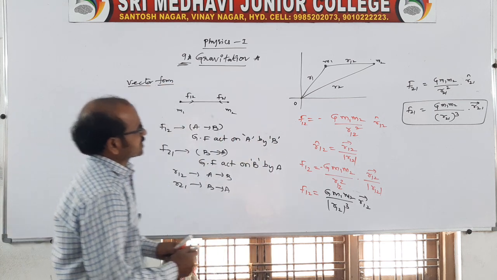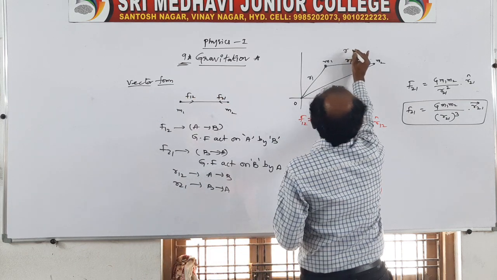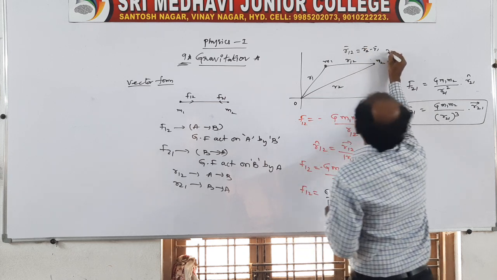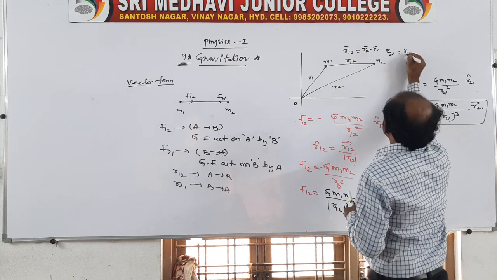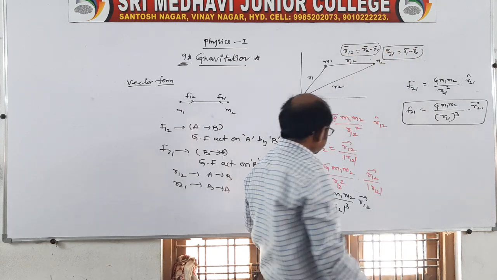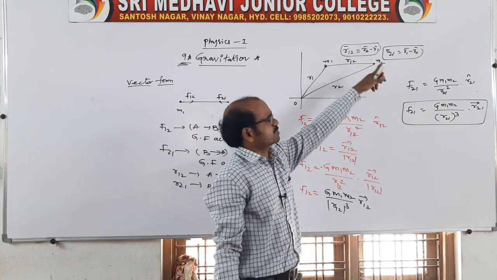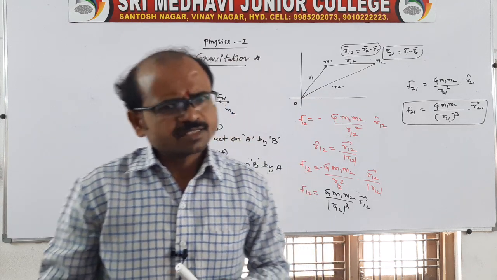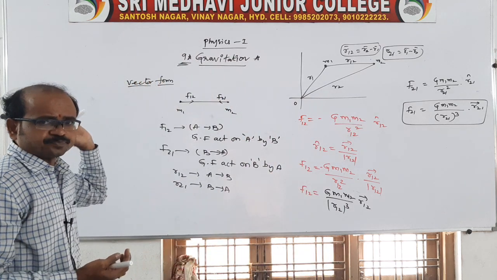Right? So here we can also say R12 is nothing but R2 minus R1. Suppose you want to write R21 here, then you say R1 minus R2. Yes. We can also take it like this. You want to replace it here? Yes, we can replace with these expressions also, because we are saying it in terms of vectors. Yes, of course, we can also take it like this.